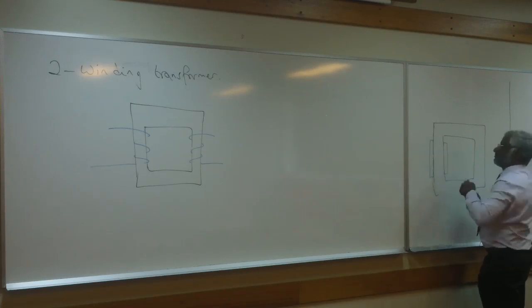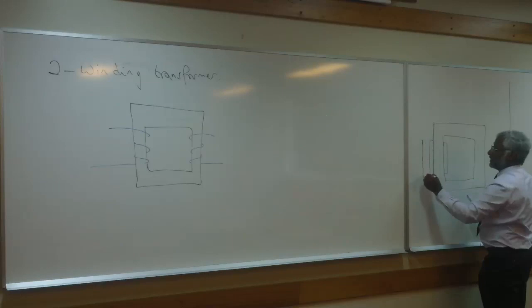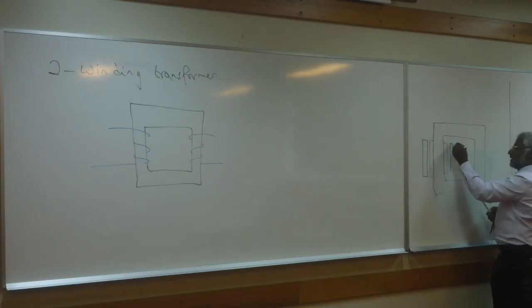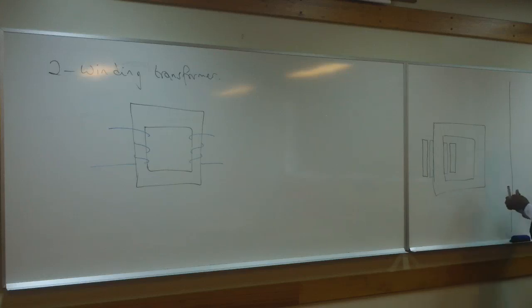I'll put that one in black. Another winding there. And you would have similar here. And another one there. So that's a 2-winding transformer, but as you can see, the